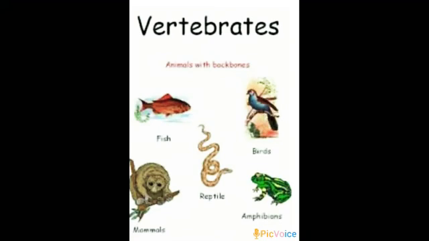Children, today we are going to learn about vertebrates. You know what vertebrates are? Vertebrates are the animals that have a backbone and skull. The backbone has nerves running through it and the skull protects the brain. And this backbone helps vertebrates move more skillfully than invertebrates. These vertebrates are divided into 5 groups. How many groups? 5 groups. You know what they are? They are fish, amphibians, reptiles, birds and mammals.